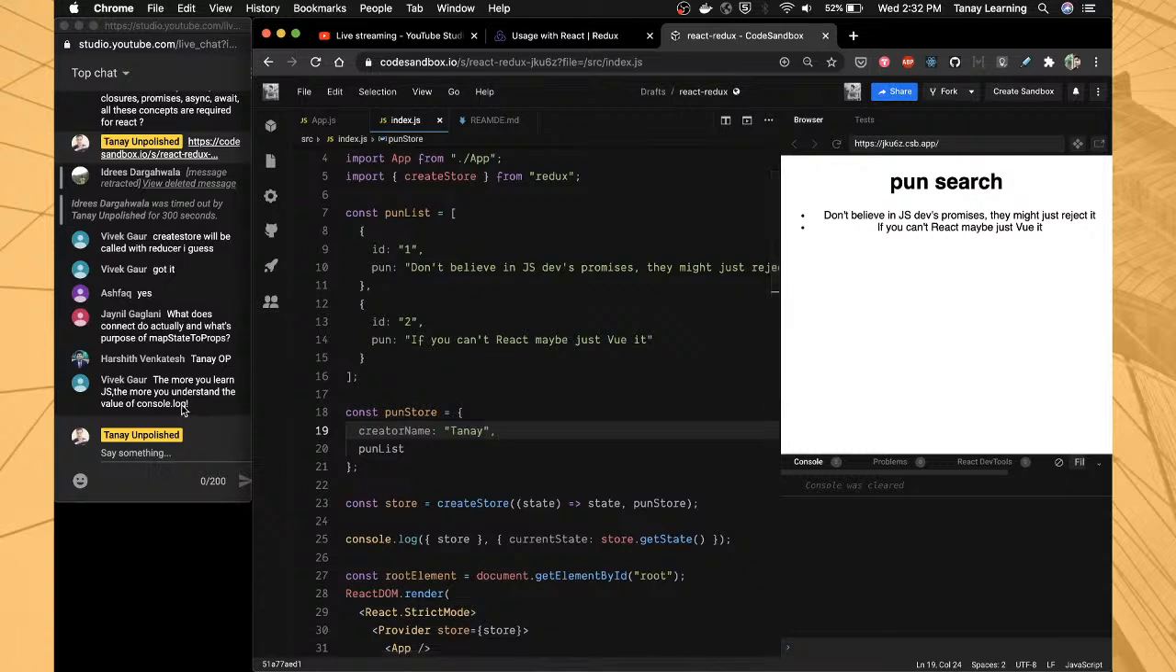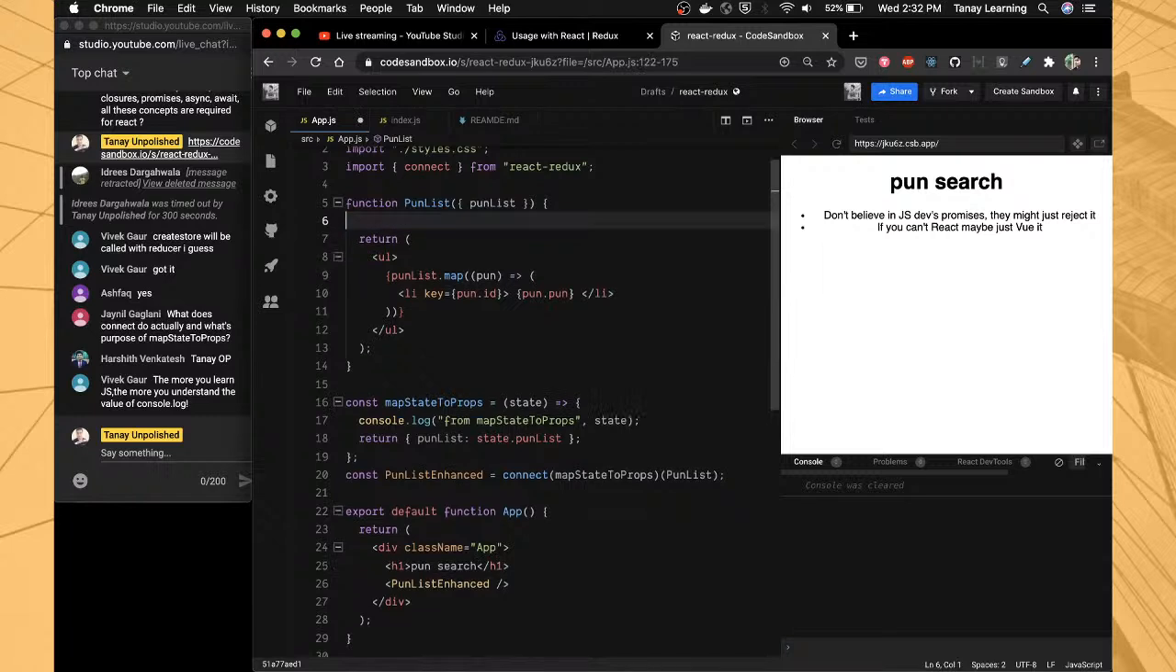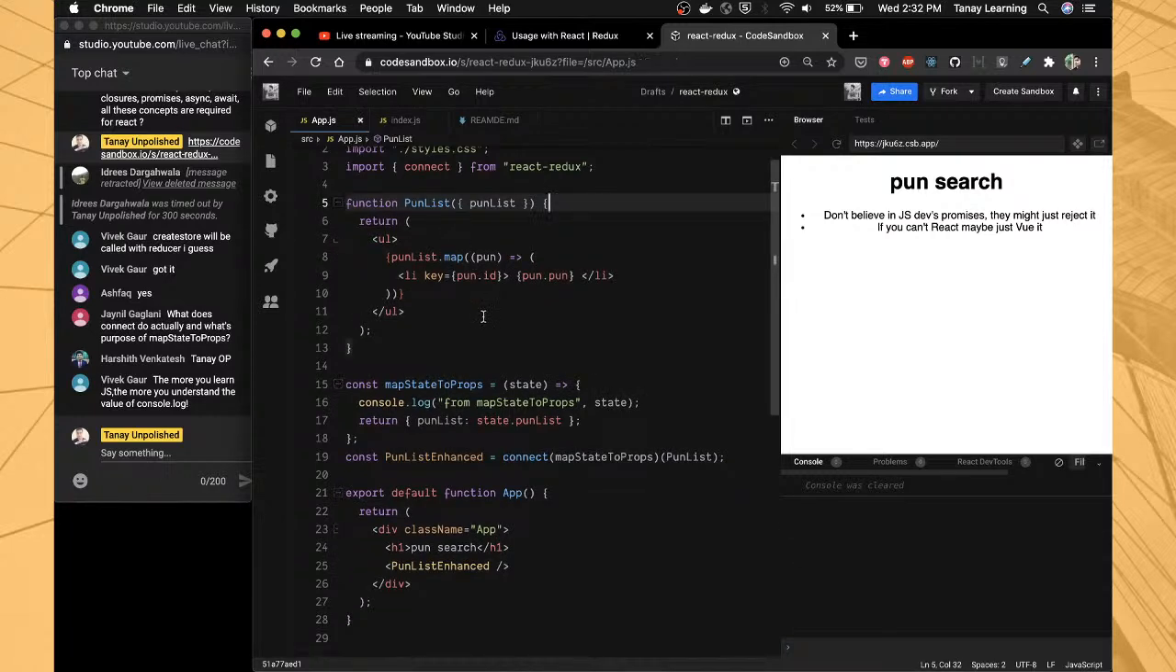The more you learn JS, the more you understand the value of console.log. One way to put it. Why not? Yes. Anyway,